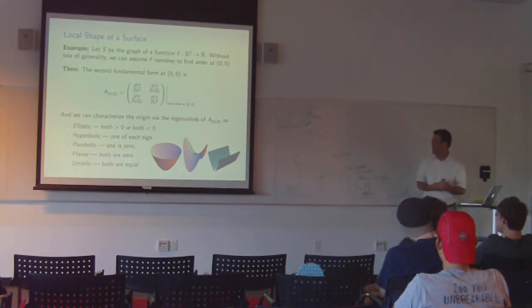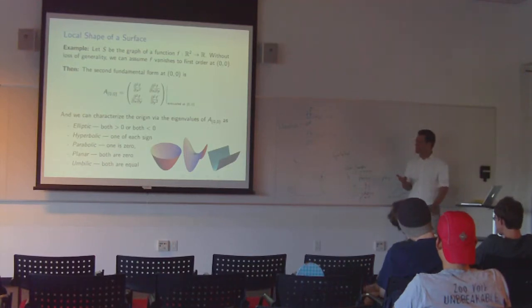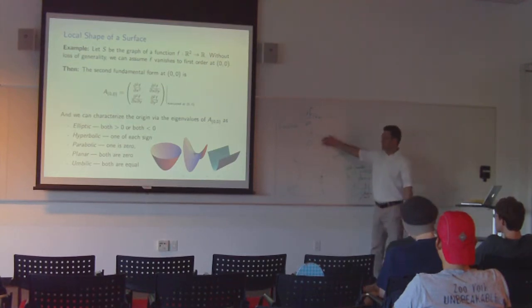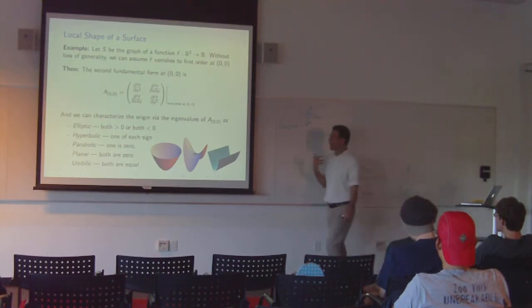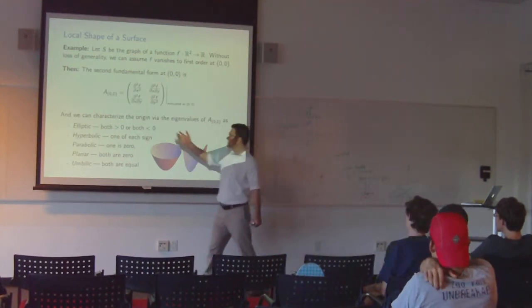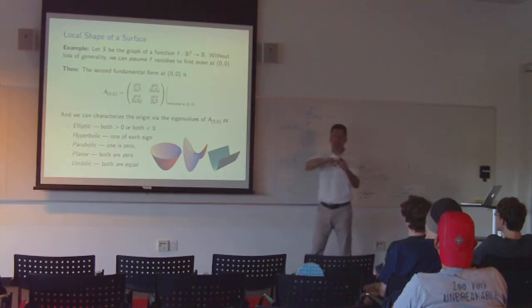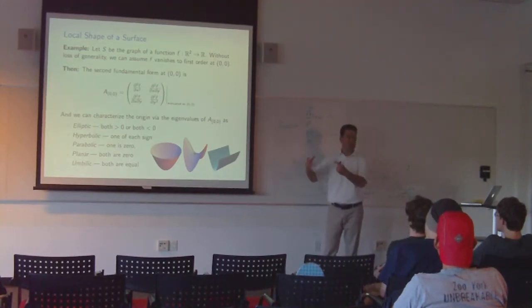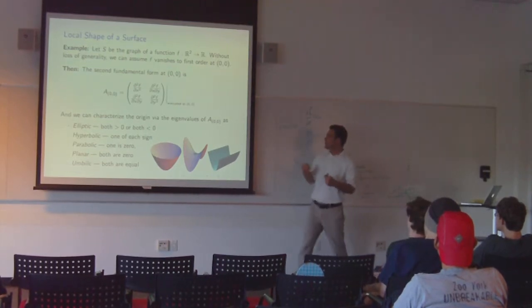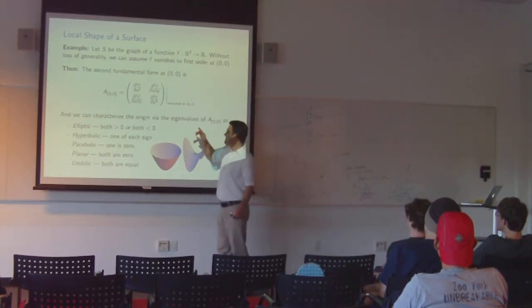Okay, so you have Taylor's theorem, which says you can do a Taylor expansion of the graphing function in the origin. The function value is 0. The derivatives are 0 as well. So the first term, the most dominant term in the Taylor series is this guy here. So what that means is, and the second order term, the next order term is cubic, and it's small, right? It's insignificant in comparison to that one. So what that means is